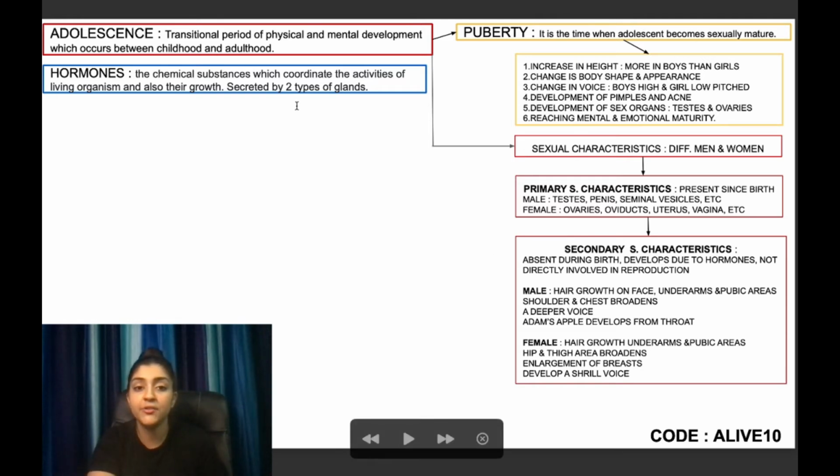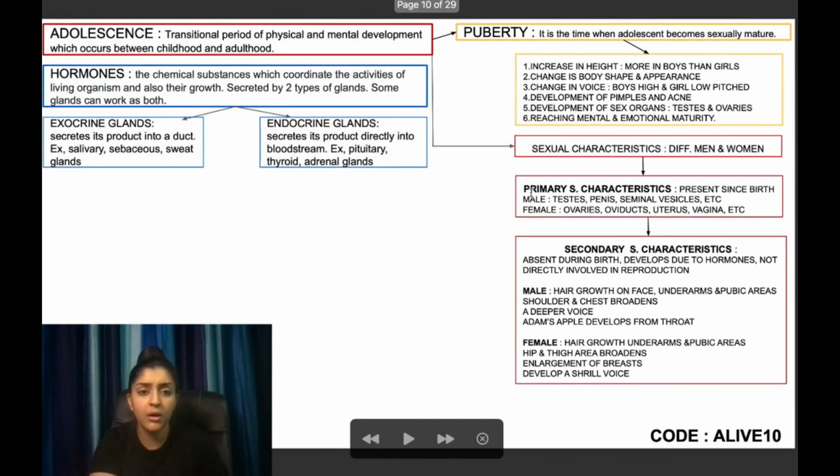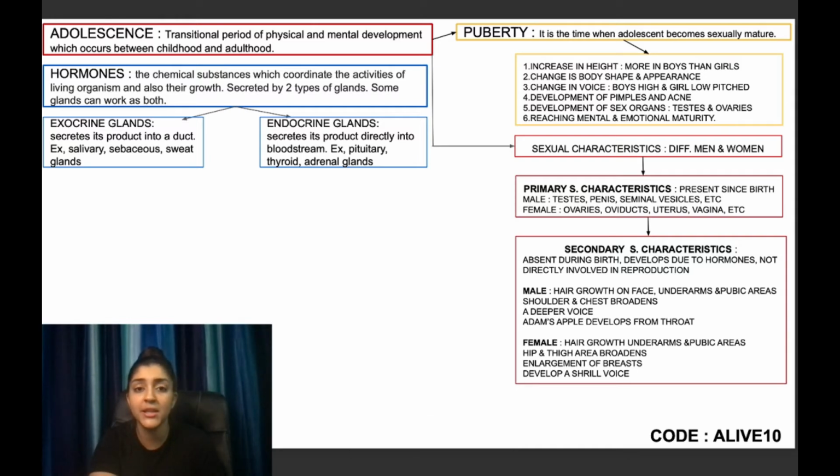It is secreted by two types of gland, as you can see. So nothing difficult in that. I have just divided that into two parts. Over here, I have not written the definition of the glands. I have just written the differences of each of them. So that is the secreted end product and secretes directly into the bloodstream, with some examples so that I can remember them during my exam time. So this is how you actually form that.